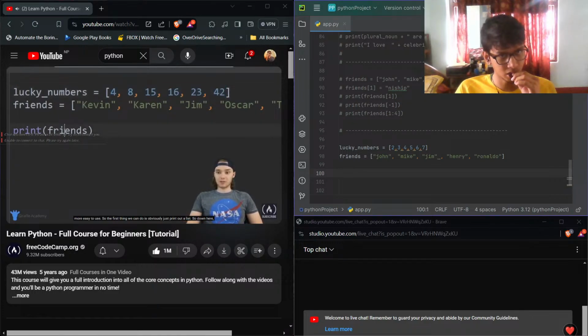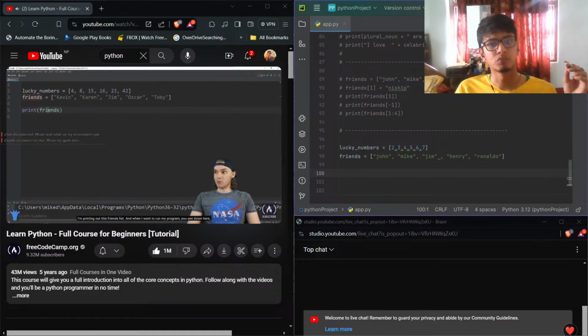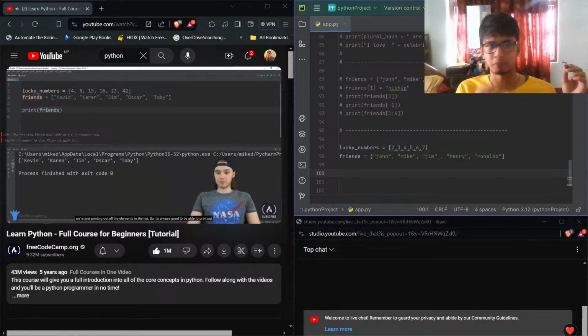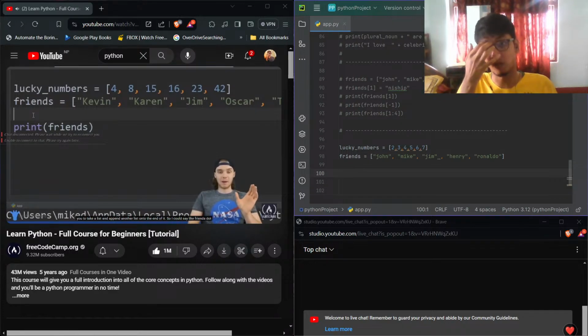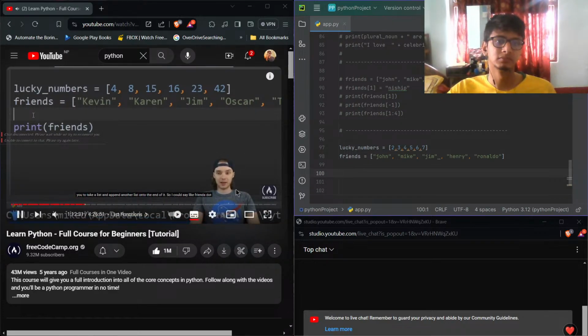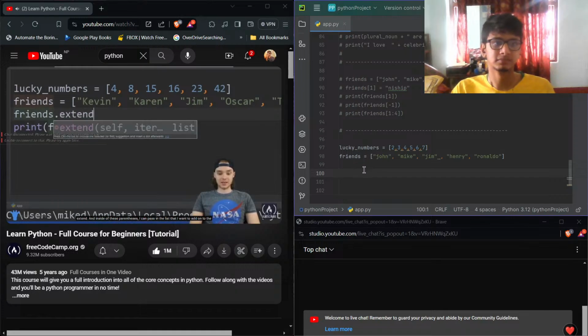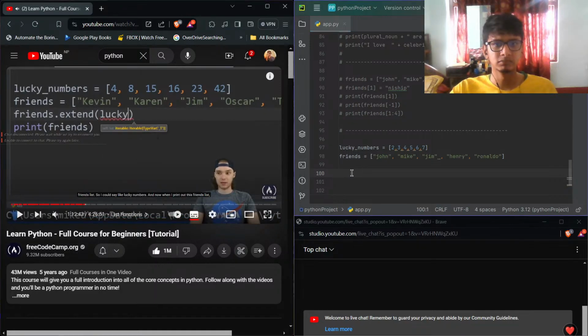So the first thing we can do is obviously just print out a list. Down here, I'm printing out this friends list, and when I run my program, you see we're just printing out all the elements in the list. It's always good to be able to print out all the elements inside of a list. But there's a lot of other functions that we can use. One function is called the extend function. The extend function will basically allow you to take a list and append another list onto the end of it. So I could say friends.extend, and inside of these parentheses, I can pass in the list that I want to add on to the friends list. So I could say like lucky